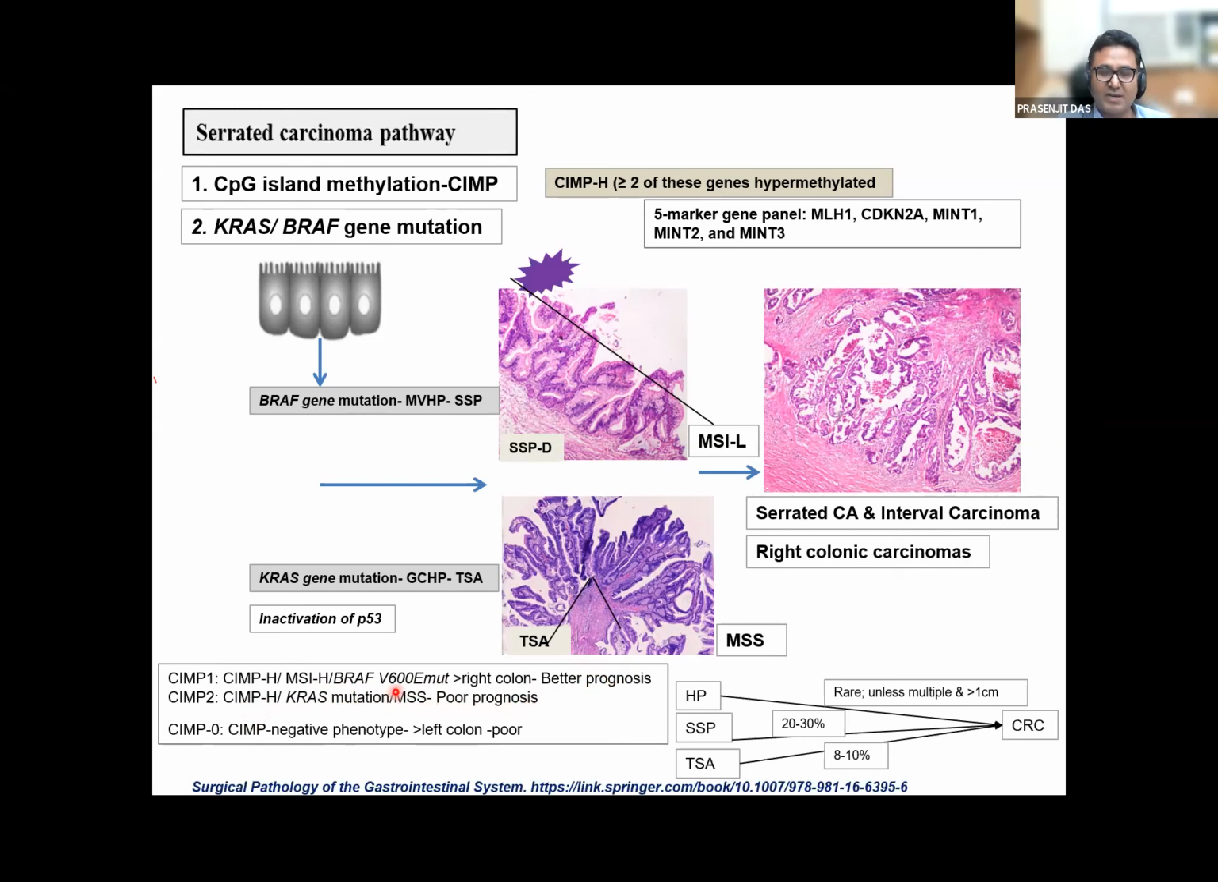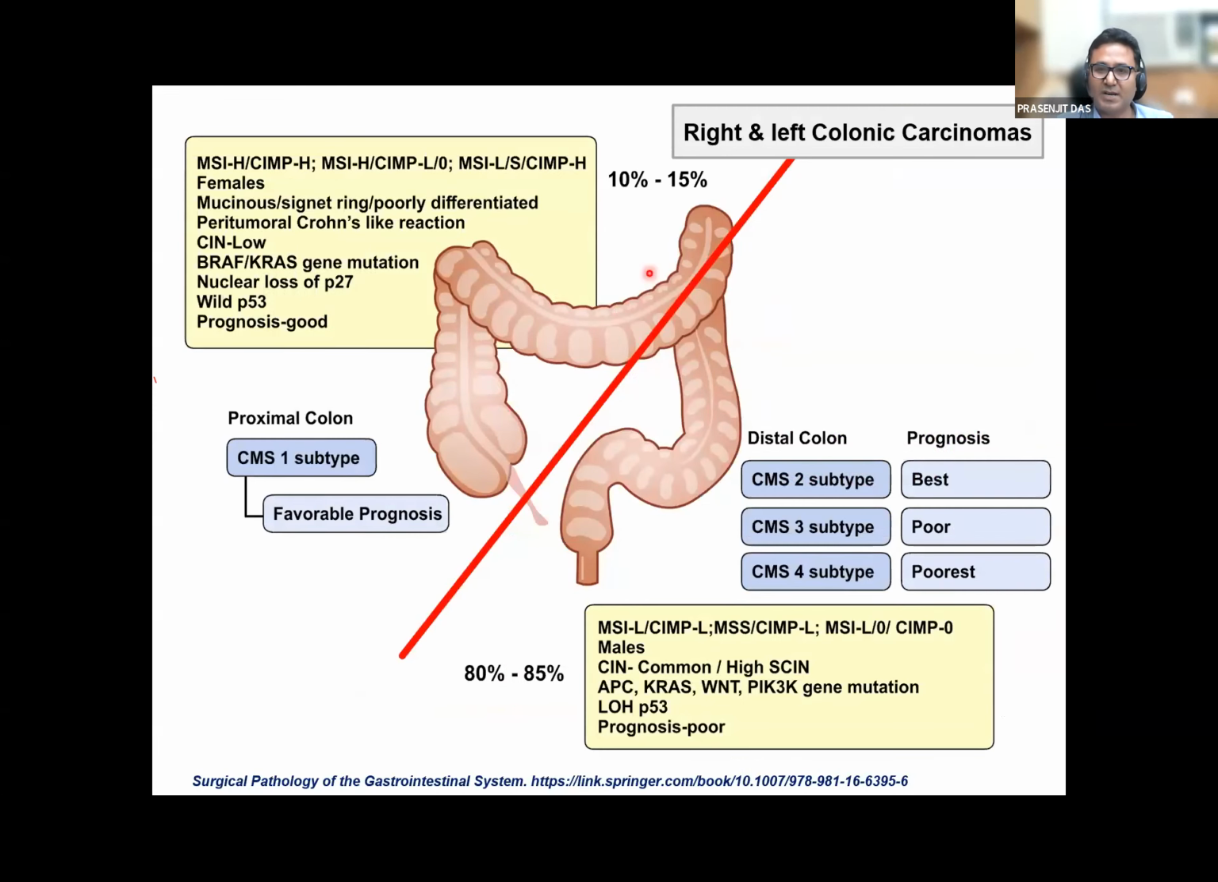Any tumor which is microsatellite stable usually has poorer prognosis, and KRAS mutation in this scenario will also tell you the patient is going to have a poor prognosis. In CIMP-negative phenotype, that means tumors where we don't identify the methylation phenotype, the tumors also have poorer prognosis. So if you just summarize between right and left colonic carcinomas,